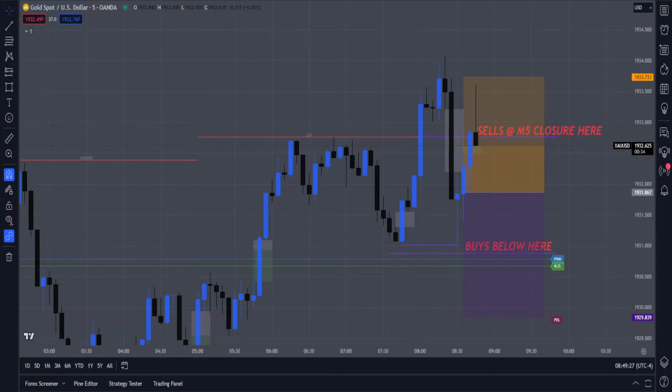Okay, so we'll enter the trade here and see here. 3.5. Okay. So we re-entered based on the fact that we got wicked out. We didn't really get stopped out. So I will be looking at